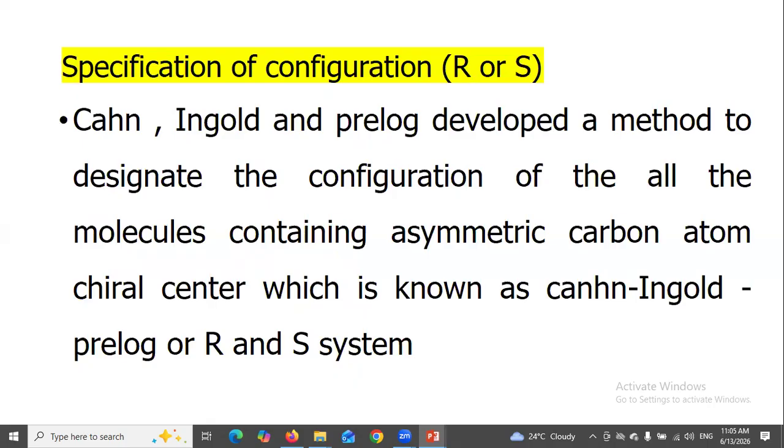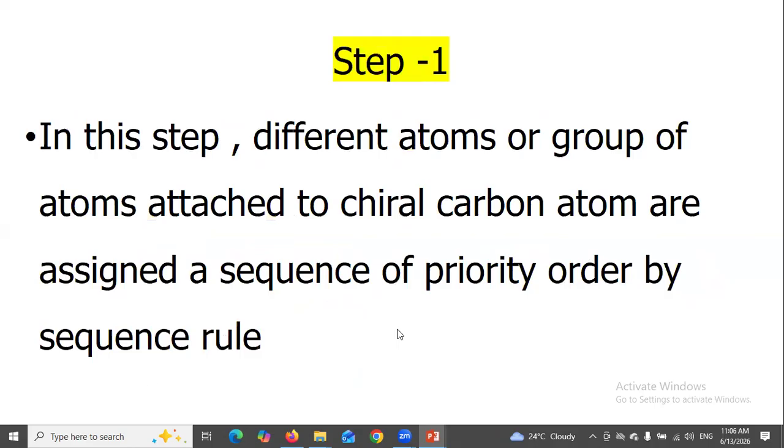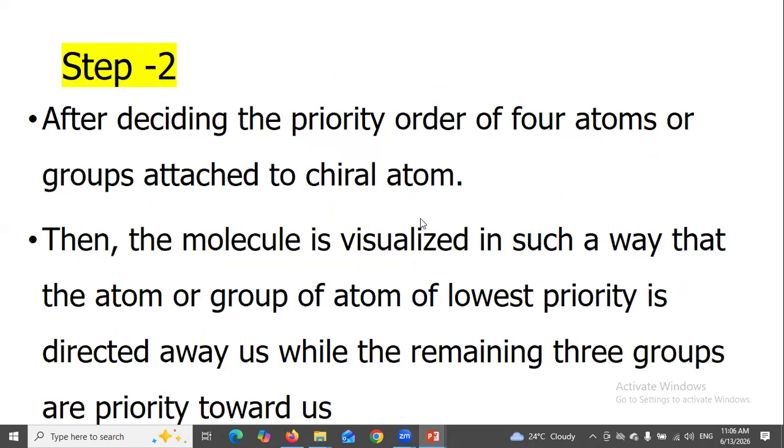Specification of configuration: Cahn, Ingold, and Prelog developed a method to designate the configuration of all molecules containing an asymmetric carbon atom, a chiral center, which is known as the Cahn-Ingold-Prelog R-S system. Step 1: the different atoms or groups of atoms attached to the chiral carbon are assigned priority according to the sequence rule. After deciding the priority order of the four atoms or groups attached to the chiral atom,